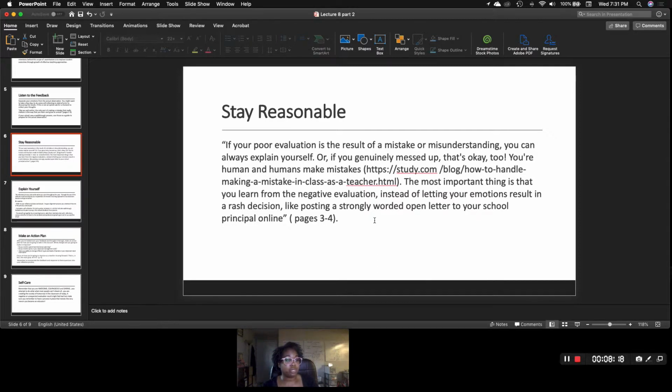And that's just to protect your job, because you don't want a moment of anger to take away a lifetime of a great career. So just keep in mind, and I've actually seen this happen before, where teachers are friends with teachers and they're reading their posts, and then they're sharing private conversations that the other person had in their posts on their private social media page.